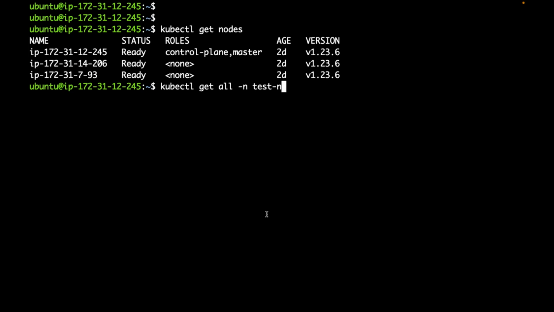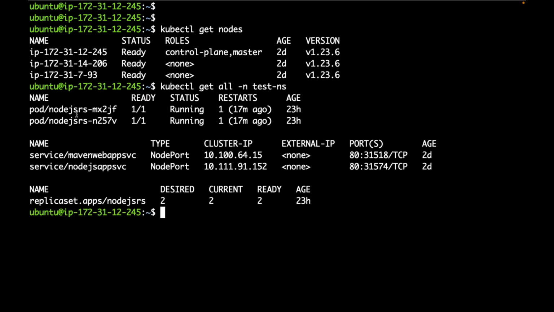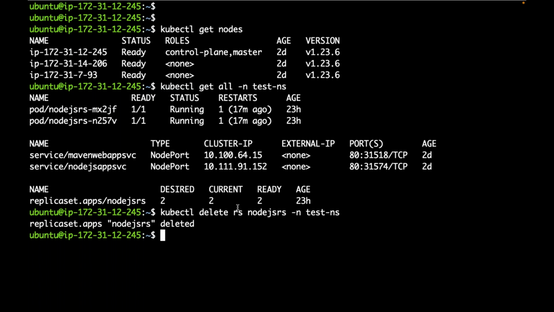Let's say I deployed some application in this Kubernetes. Let me delete this and demonstrate with a new application, because I don't have a new version of the image for this one. Let's say,